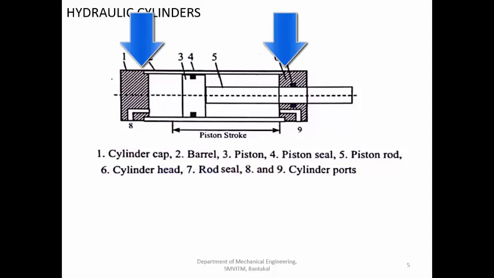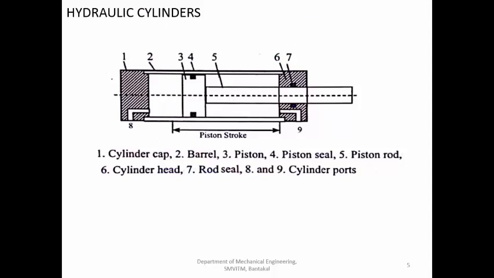If you are having any repair or something, you have to break the weld and then again you have to do the machining. Or you can use some bolts and nuts to connect the barrel and the end caps. That is also possible. Or if it is of a lower pressure application, then you can use threaded ends. So end cap will have thread, this barrel also will have threads. You can simply tighten the threads and you can make the connection. So different types of connections are possible between the end caps and the barrels.